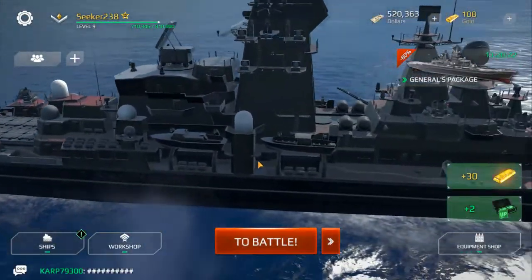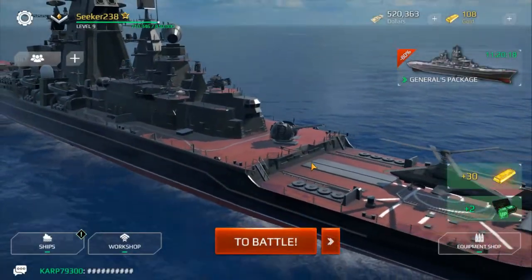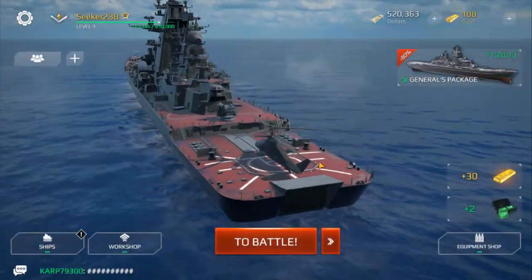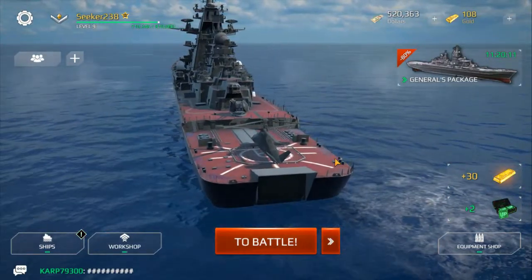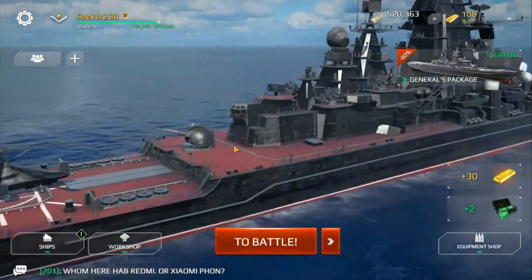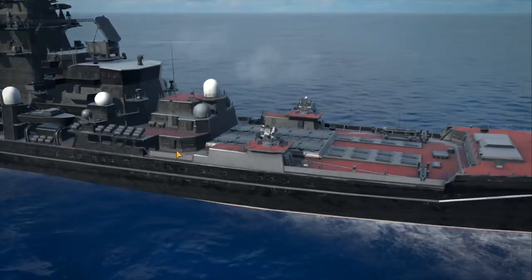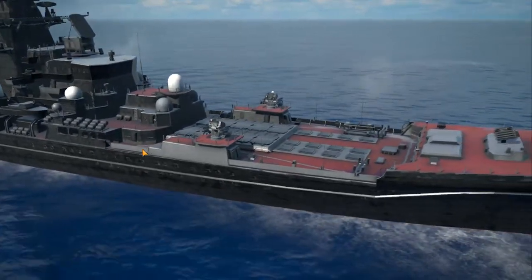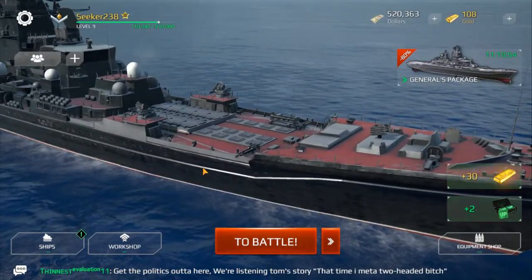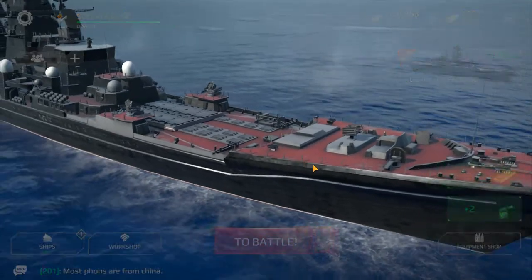And again, I would say that the Russian Sovremenys as well would probably classify more as cruisers. The Slava. So right below it is the Russian Slava class, which I wouldn't say is anywhere near a Kirov. It's still incredibly powerful. You got the Kirov, the Slava, the Sovremenny. Those ships especially, I would be asking to build. Also the Kuznetsov class cruisers,